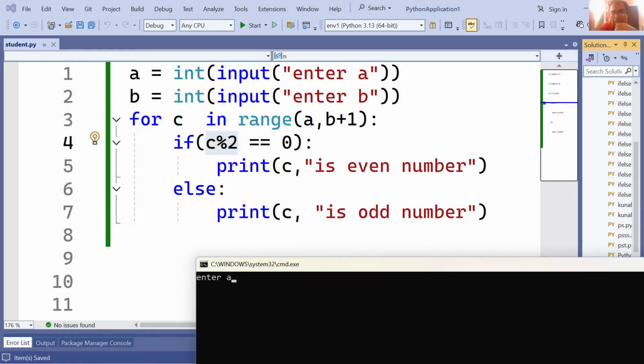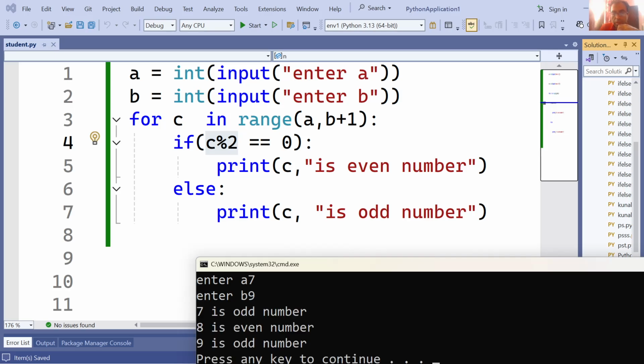I'll keep it small because if I take a large number, it will get complicated. So let me take it 7, okay, 9. So it is testing the values from 7 to 9. And 7 is odd, 8 is even, 9 is again an odd number because 8 can be easily divided by